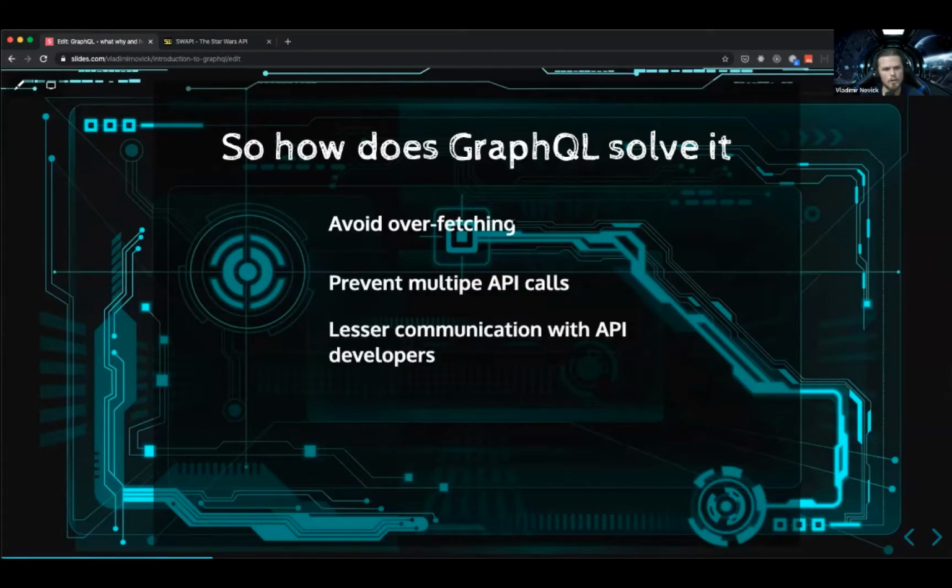It also has less communication with API developers, because imagine that you develop a new page and you need more data on this page. Probably you will ask for another endpoint, or you will reuse the existing one. Now, if you reuse the existing one, there's a good chance you will hit the overfetching and underfetching problem.